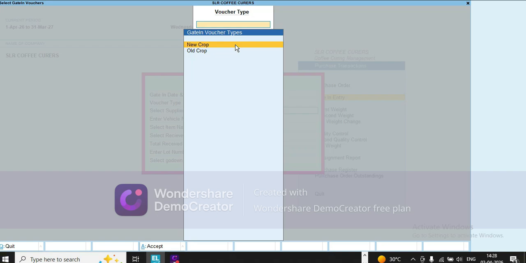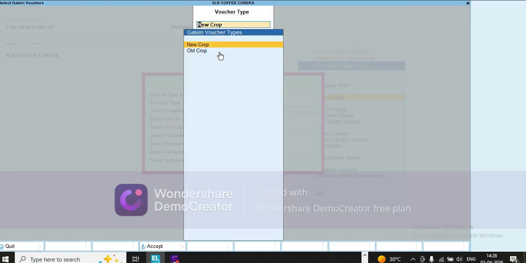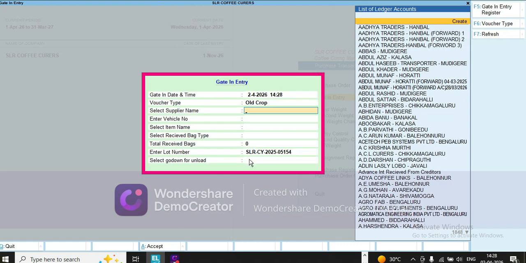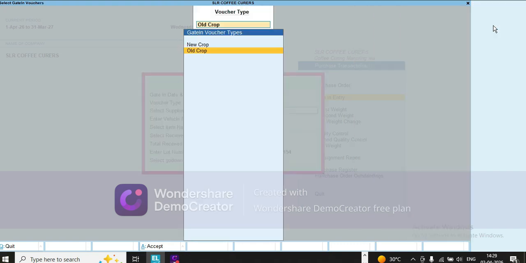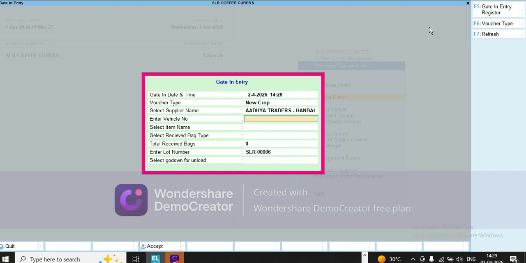Okay, and one more thing, lot number series also different. This is automated lot number series. You cannot change it manually. This is 6. You can see when I go to old crop, this is different. Okay, so I take in new crop, for example, same supplier, enter vehicle number,